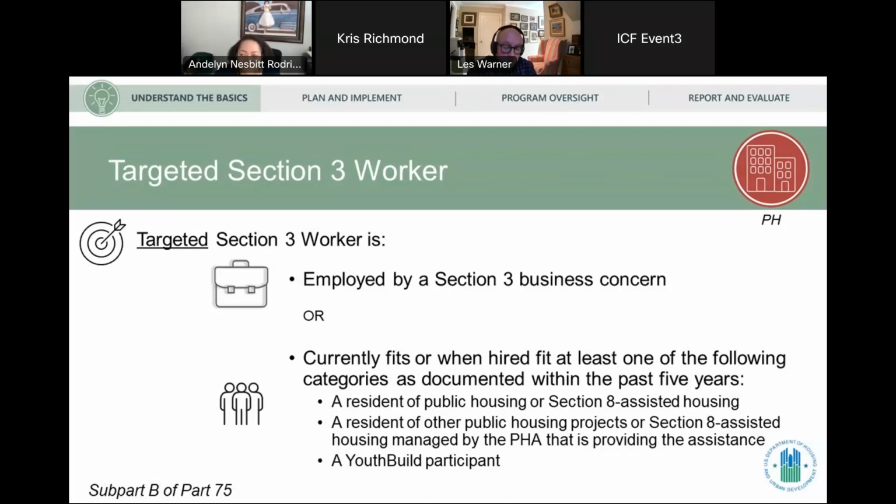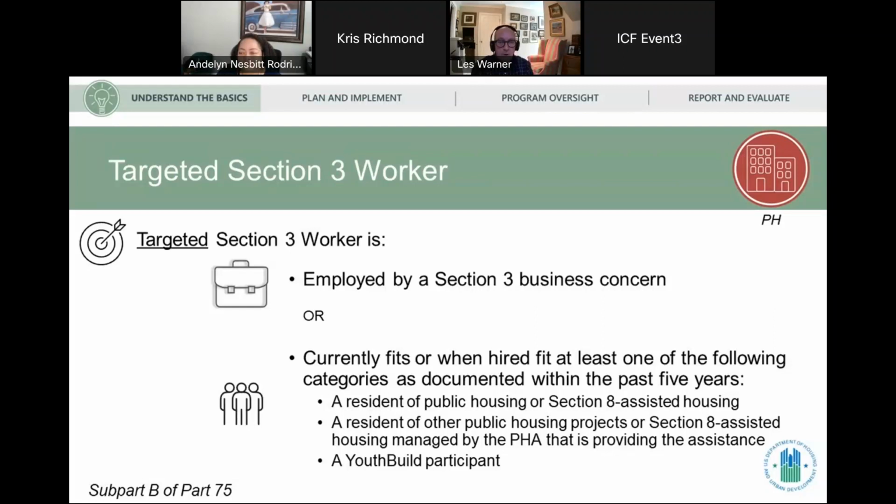So let's say that they were hired in 2021, but at the time they were hired, had already moved out of public housing, then we would not be able to look back and say, oh, but wait a minute, in 2020 they occupied public housing. It's based on currently today or at the point that they were hired.